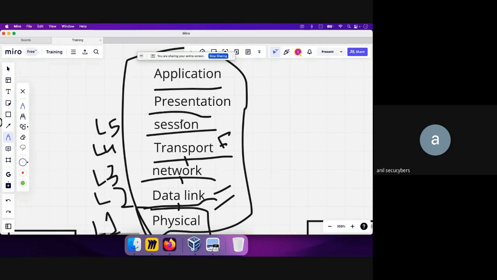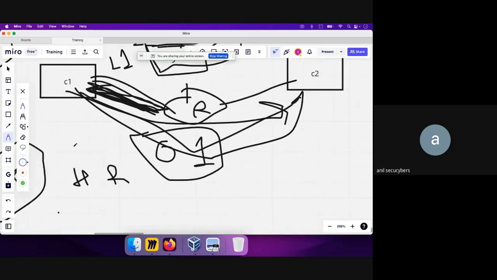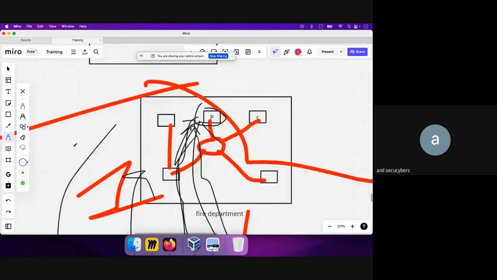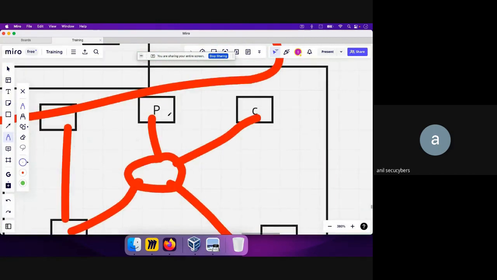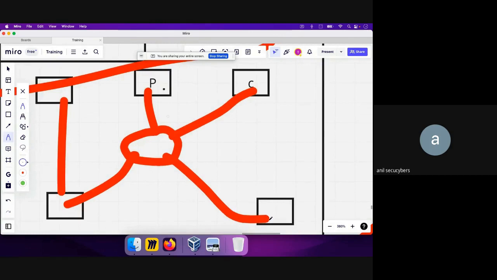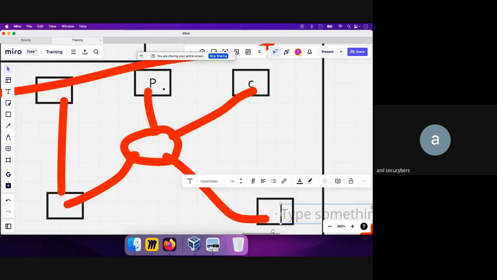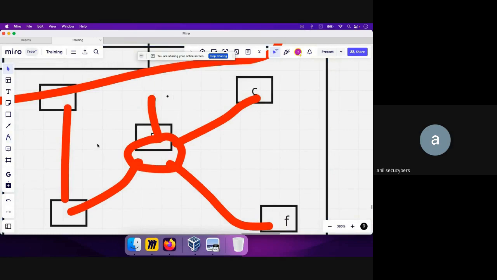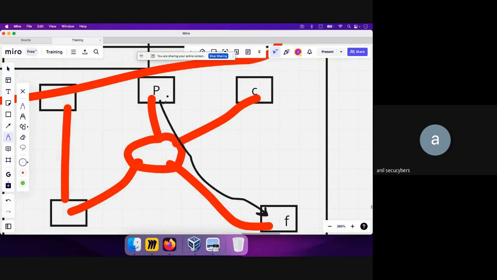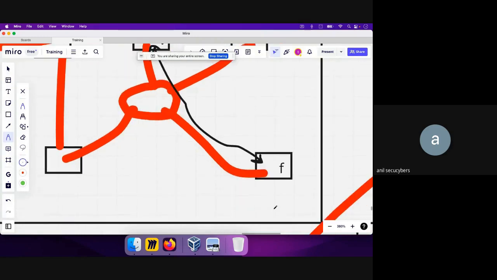So what I mean by that is, let's go through the same diagram again. Let's say this computer P wants to communicate with this device, let's say F, for example. So the computer P wants to communicate with the computer F over here. Now how will F know that it needs to